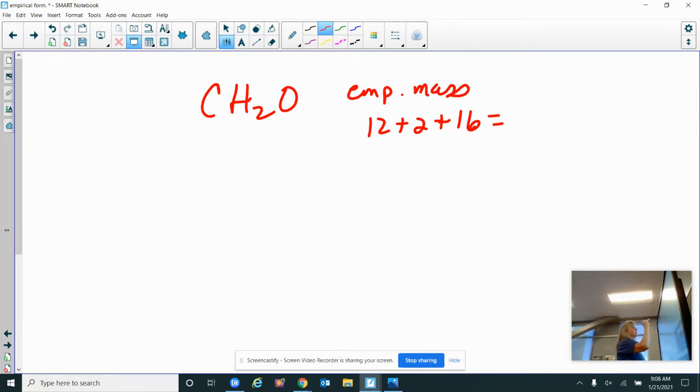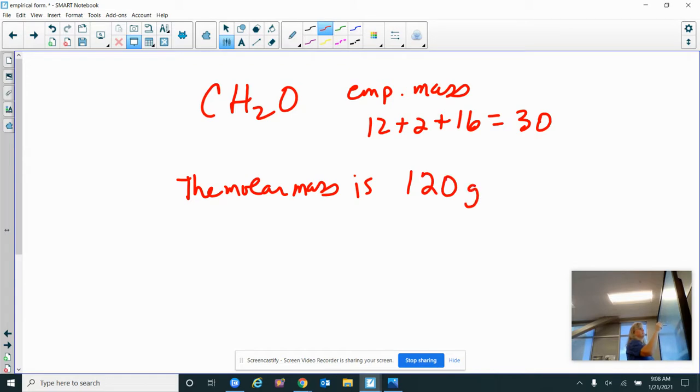So that's 14, so that's 30. If then separately we're told the molar mass is 120 grams per mole,